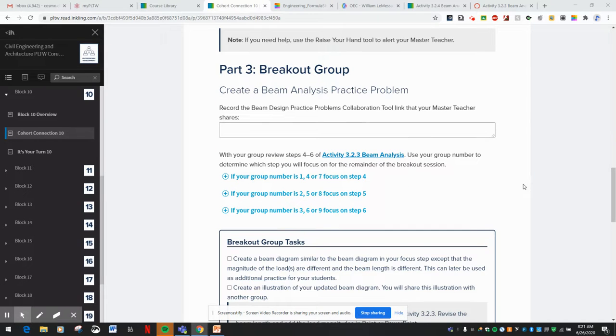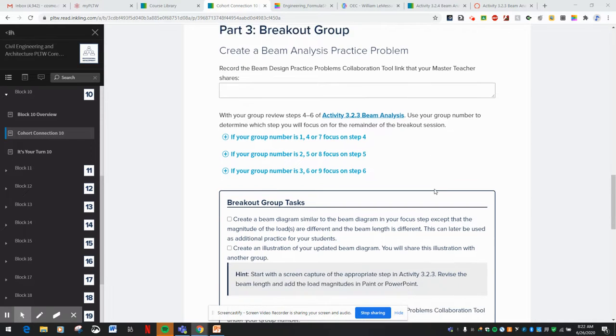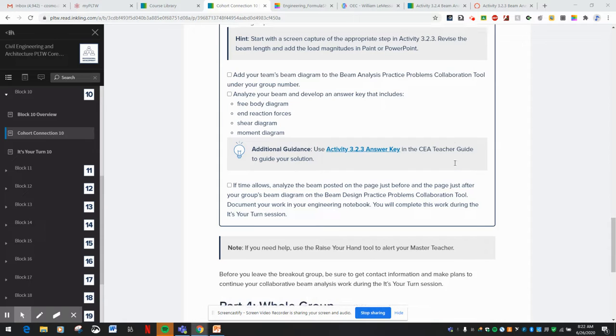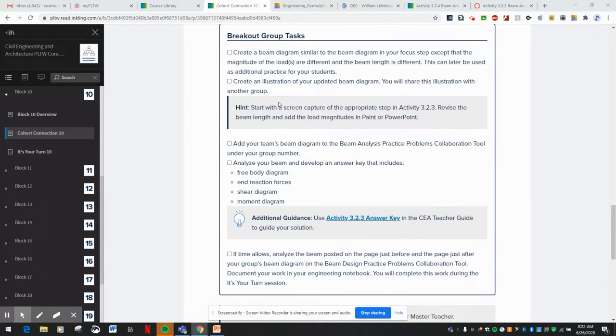And then it says we're going to break into groups. If your group is 1, 4, 7, we're going to focus on step 4. If your group number is 2, 5, or 8, we'll focus on step 5, and you can read the rest. Then you're all going to create your own beam analysis practice problem and do some corrections